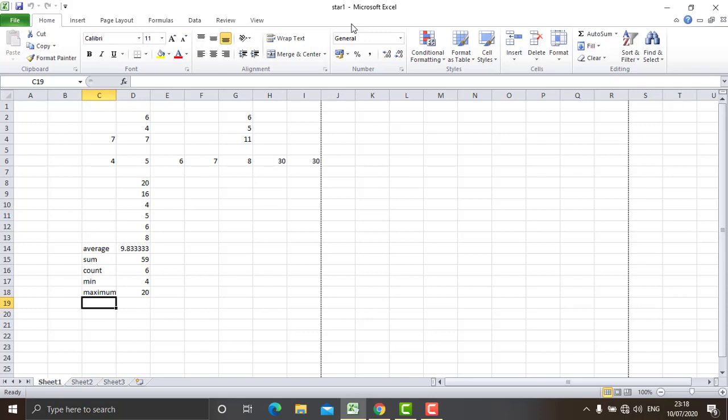So these are a few things of Microsoft Excel. You have done all these things in previous classes. This was just a revision for you all, so you can revise it at home if you have your systems.